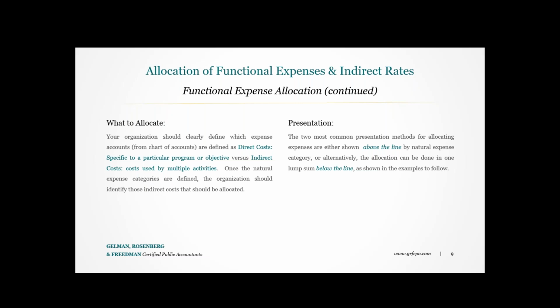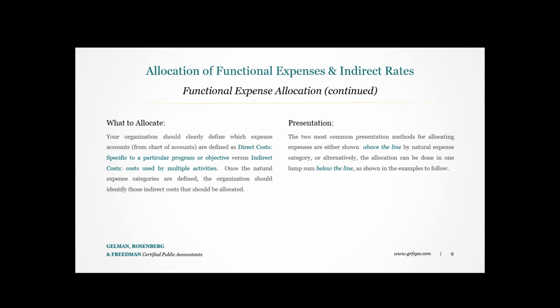And so when we define something as indirect, then we take it one step further and say, well, there are indirect costs that are truly management in general or fundraising and should remain management in general and fundraising, or we have indirect costs that are ultimately being utilized by multiple programs, and we feel that in order to run those